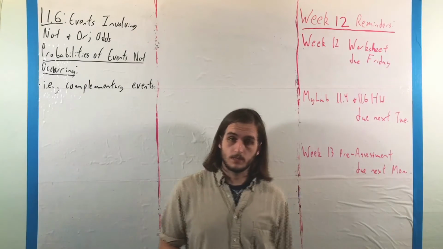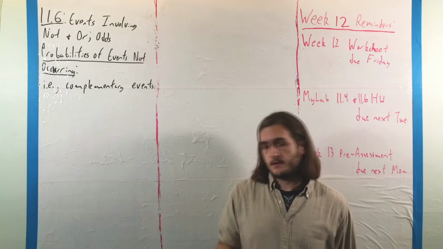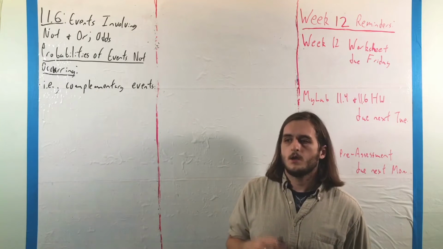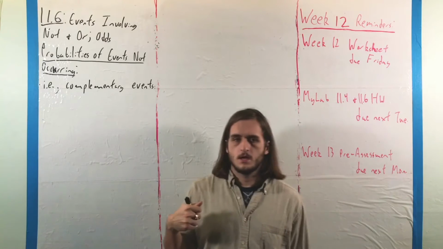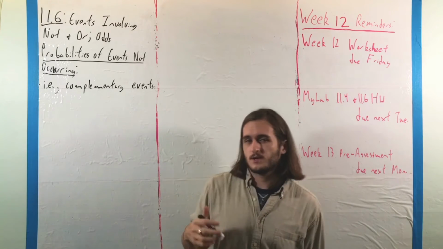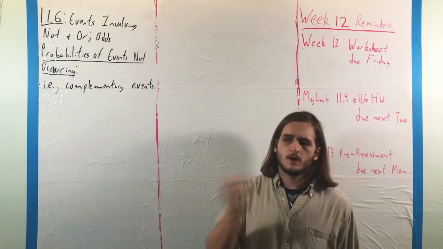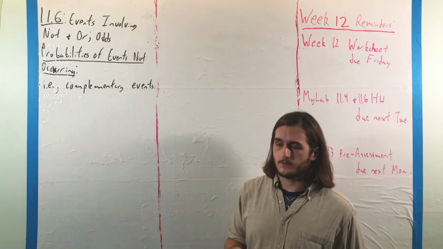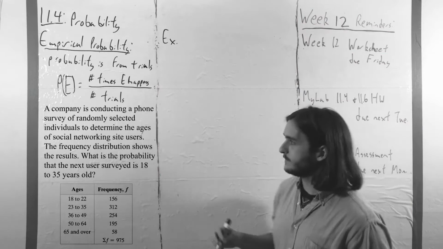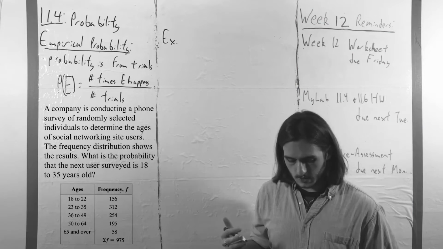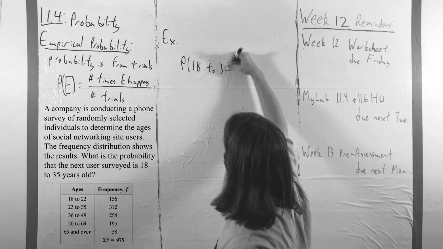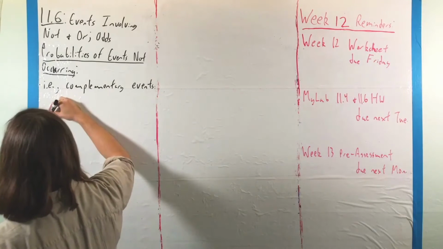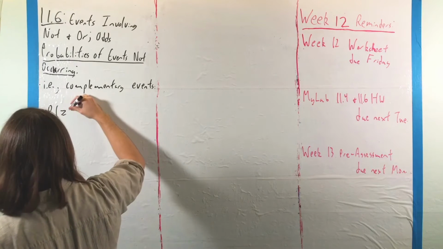Now we're going to move into section 11.6, where we're going to take our discussion of probabilities a bit further, starting with the discussion of what are called complementary events, where the general idea of what we're looking at here is the probabilities associated to a certain event not happening. So if we draw back to one of those last examples we did in 11.4 and think about the social networking example, if instead of looking at the probability that we got someone in 18 to 35, we thought about the probability of getting someone older than 35,